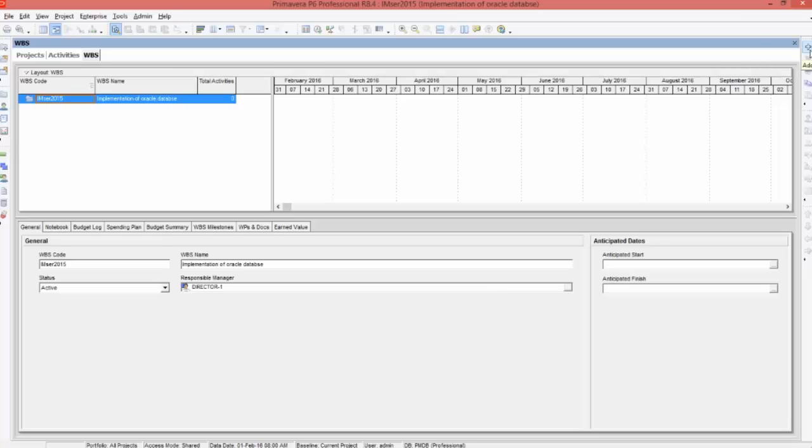Creating a WBS is very easy. You can see an add button here. Simply press add. You can see a new WBS is created under the project, and you can change the WBS name. Let's say implementation of Oracle database. Let's say deliverable, I'm just giving an example. Deliverable 1 implementation. Let's say design. I'm not an IT person, so I'm trying to give you some WBS examples. And design, then programming,